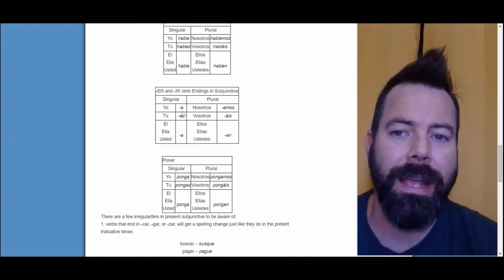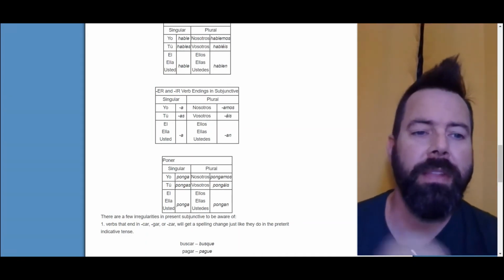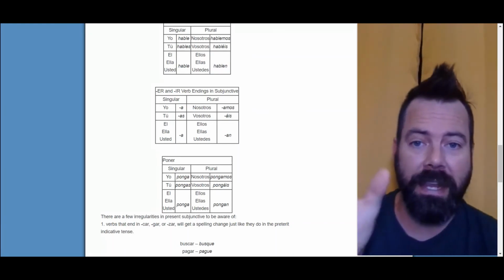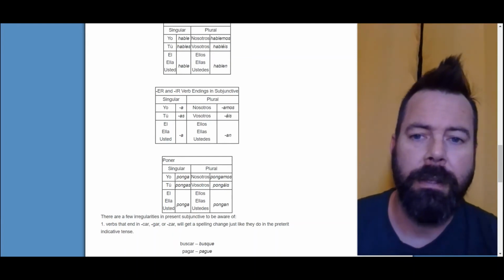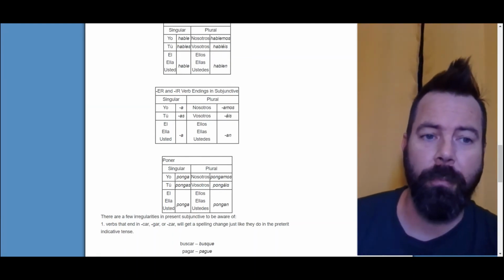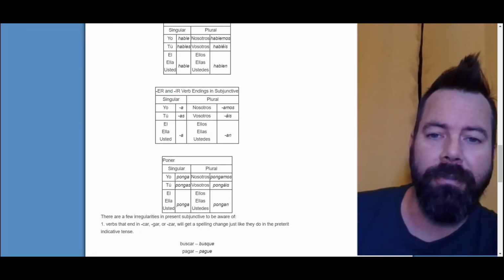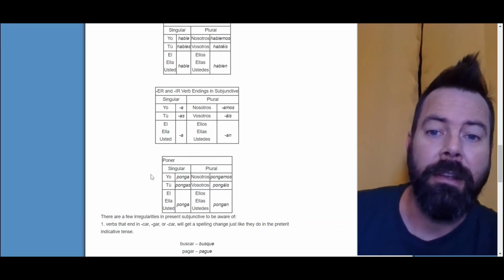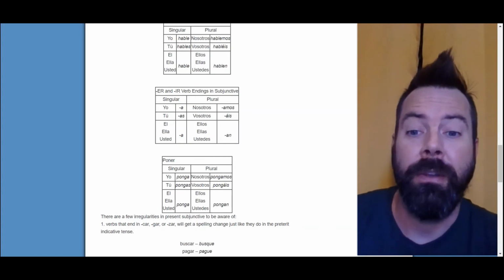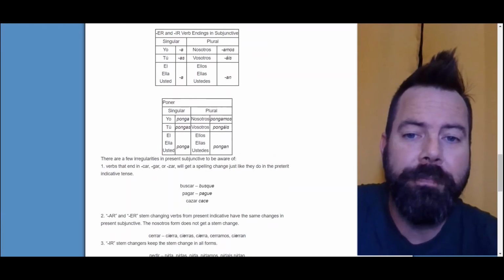If it's an ER or an IR verb, it's going to get the opposite ending, which is all A's. So a verb like comer or poner or whatever, think of however it is in present indicative. It could be irregular, and you're going to take that irregularity and just put the opposite ending on. So for poner, that's irregular in the yo form, so pongo. So what you're going to do is take the O off and just put these new sets of endings on. So ponga, pongas, ponga, pongamos, pongáis, pongan. So that's basically how you conjugate them.